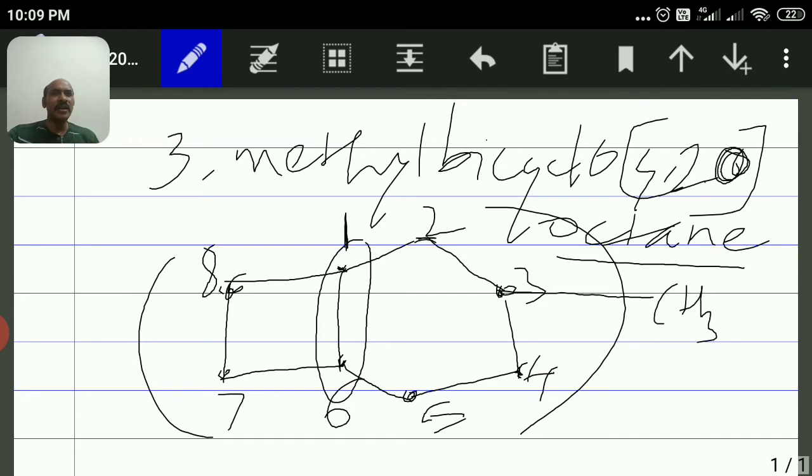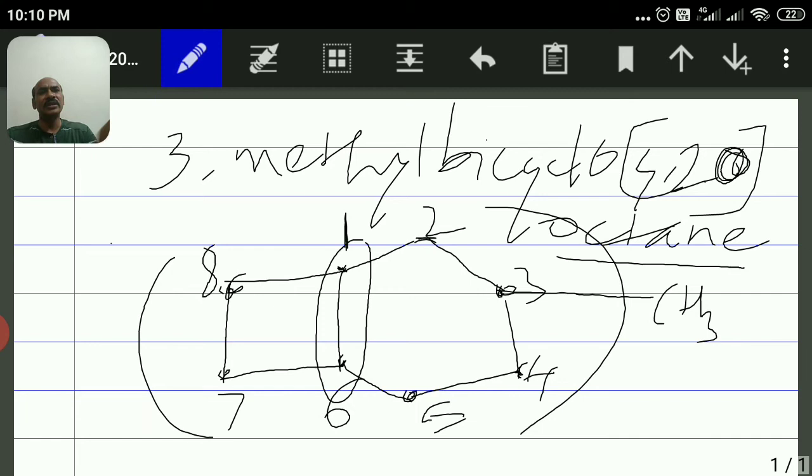How I have drawn here, 0 indicates a fused ring compound, so 2 carbon atoms are common. Larger ring, 4 carbons other than common carbon atoms. For the medium ring, 2 carbon atoms other than the 2 common carbon atoms. Total carbon becomes 4 plus 2 plus 2 common carbon atoms, so 8, and the parent alkane is octane. And for the numbering, I have started with a common carbon atom, then towards the larger ring, and then towards the smaller ring.